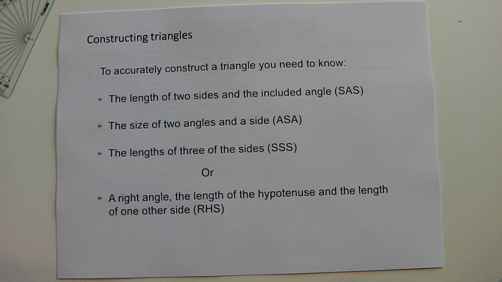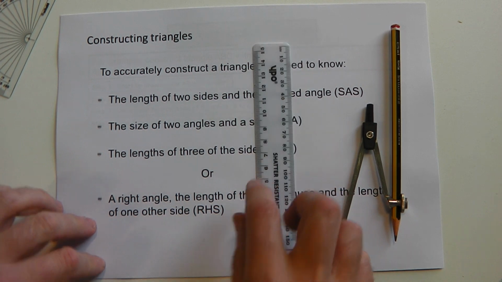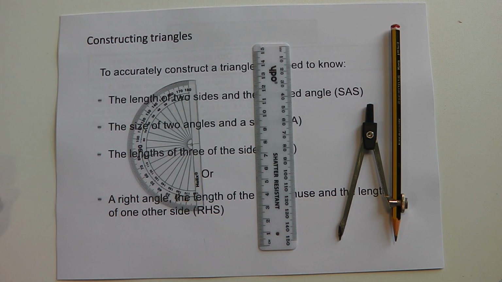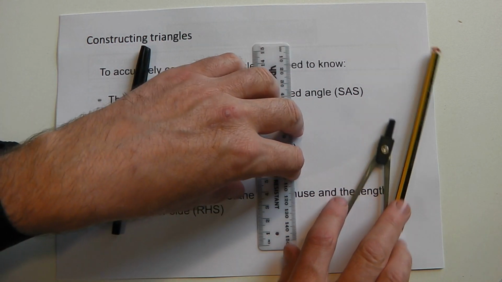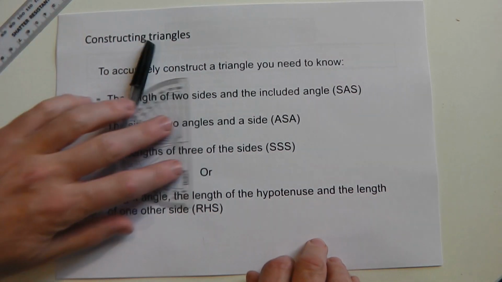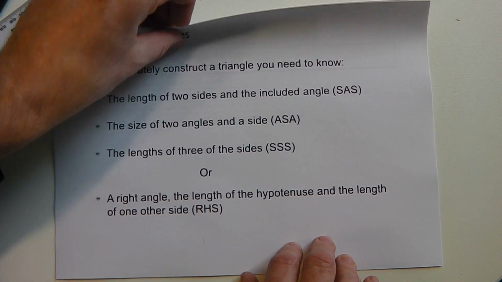Now for these, being constructions, we're going to need our compass, our ruler, and a protractor. Okay, so hopefully you've got all of those. And I'm going to throw a pen in there for good measure, which we should have all of these anyway as part of our set. So I'll move those out of the way, and we go over the page